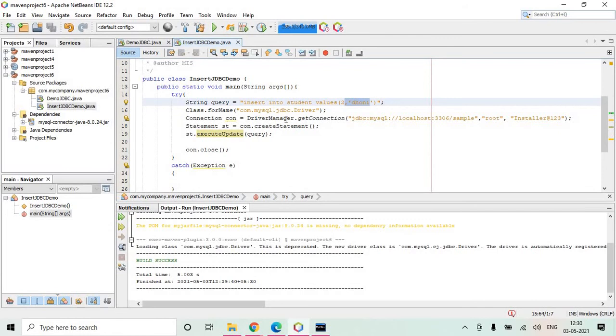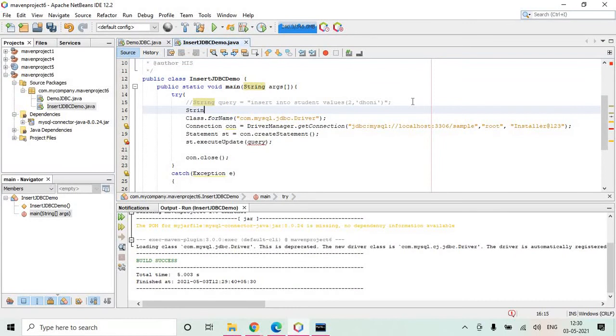Now let's say you want to delete the first record. So instead of this query, what you can write is, say, string query is equal to delete from student where roll no is equal to 1.